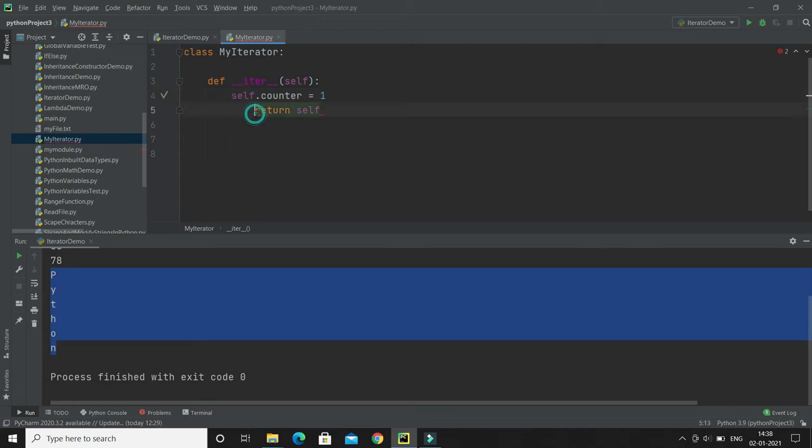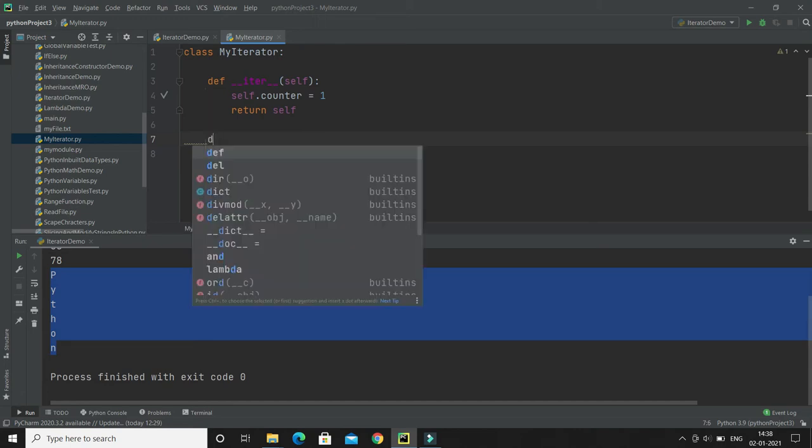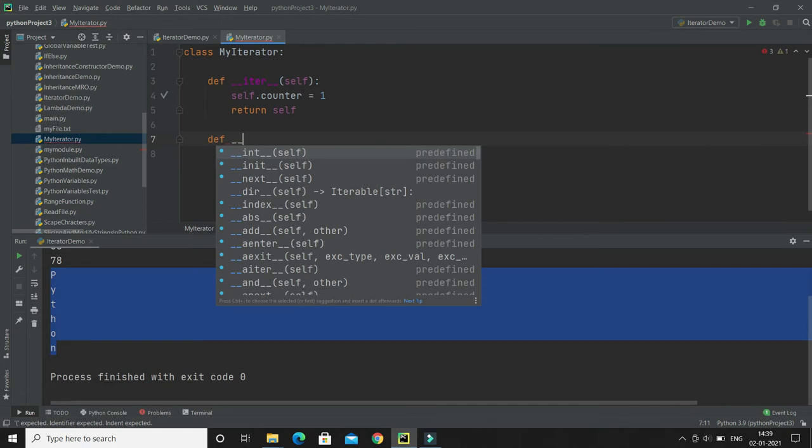Now we have defined __iter__, which works like a constructor, and there I have initialized the counter with 1, and this method is returning self, meaning the instance of this class itself, which is going to be equivalent to the iterator itself. Now we have to define a __next__ method. So I'm going to define one more method. I will give it the name __next__, what you see over here.